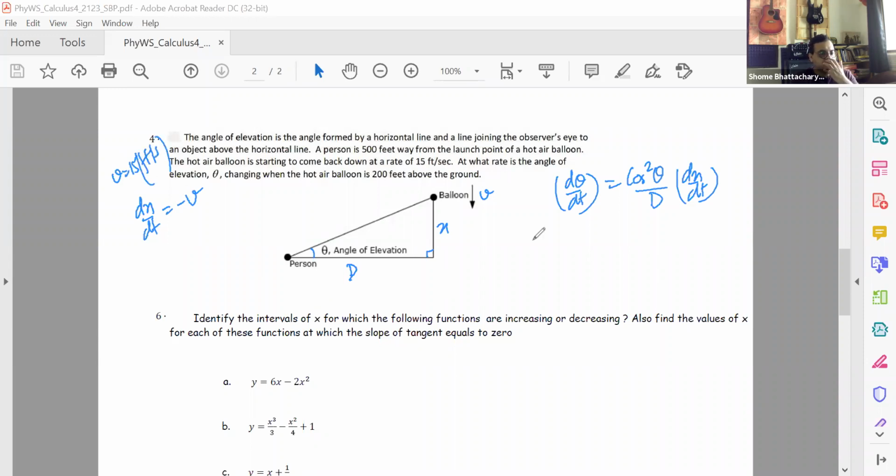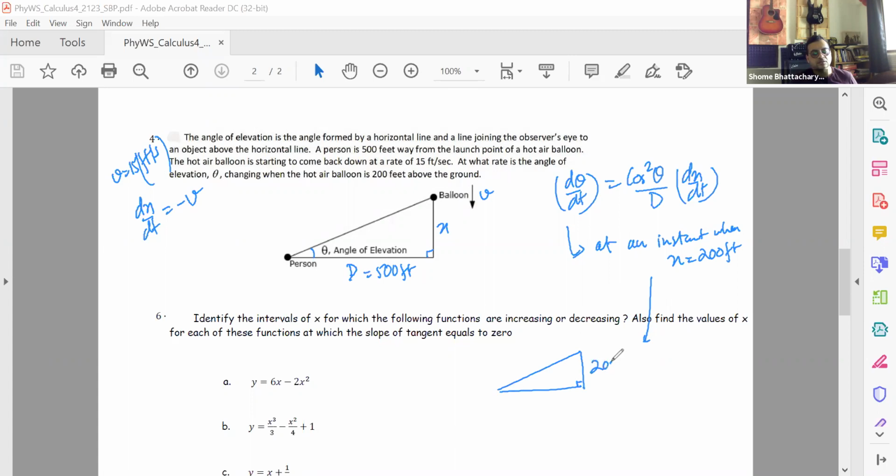And now we want to find out d theta by dt at an instant when x is equal to 200 feet. Capital D is of course 500 feet. So at that instant when x is 200 feet,